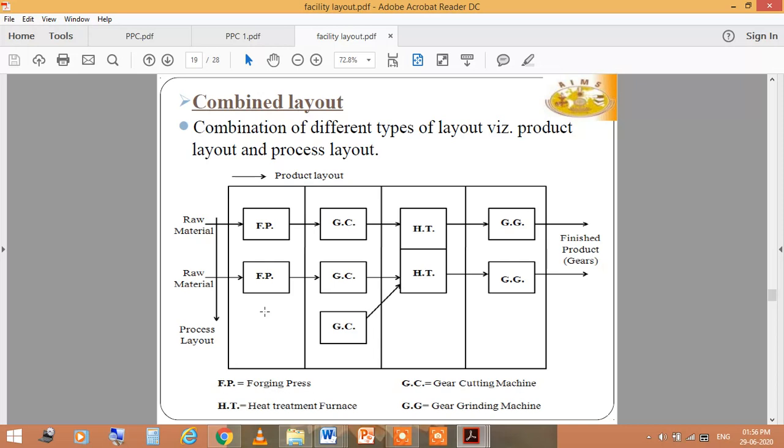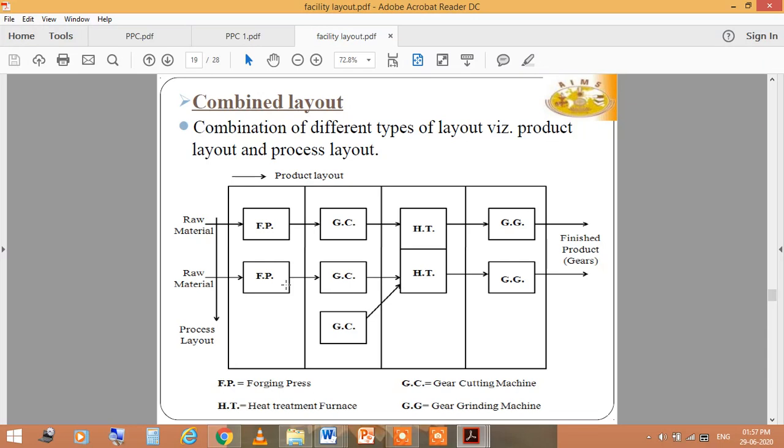Now come to the combined layout. In the combined layout, there is a combination of different types of layout, like product layout and process layout, as you see in this diagram. This is the forging press, heat treatment furnace, gear cutting machines, gear grinding machines. This is the product layout, in which raw materials go into FP, meaning the forging press.